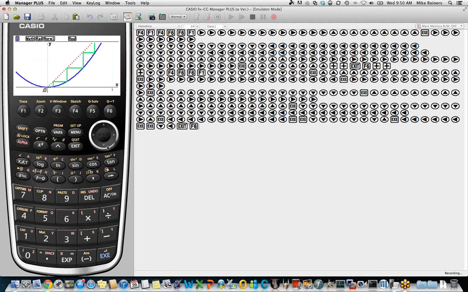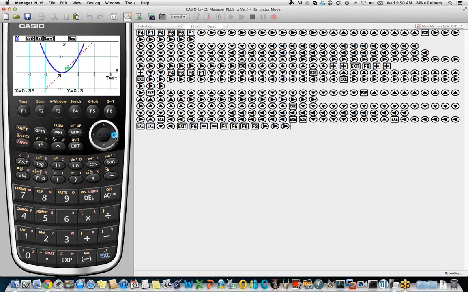Of course, you could really use the pen tool for any kind of four-directional drawing like that. Anything that you wanted to do that was similar to an Etch-a-Sketch, you could use the pen for that. And one of my favorite tools is actually the last one for us to talk about today, which is the text tool. If I want to put text on a graph, I can go to a point and then press Shift and Alpha Lock, which allows me to type characters. And now I can type things like the word reflection.